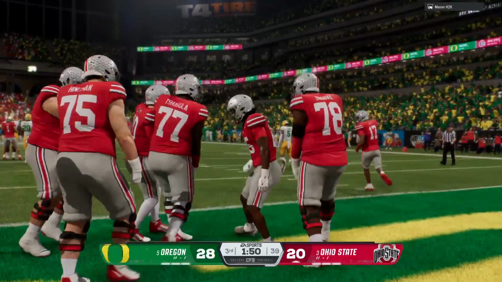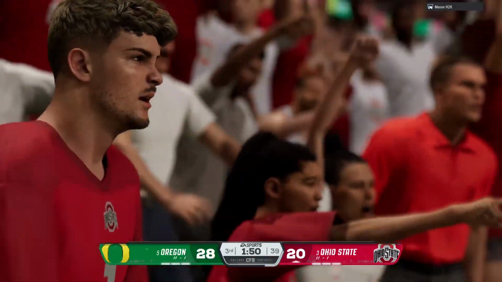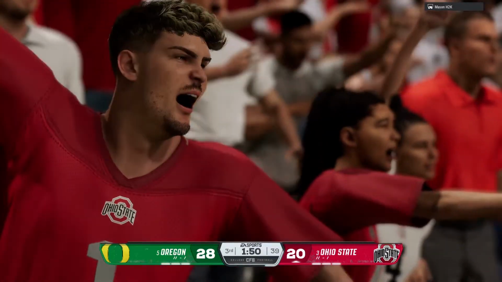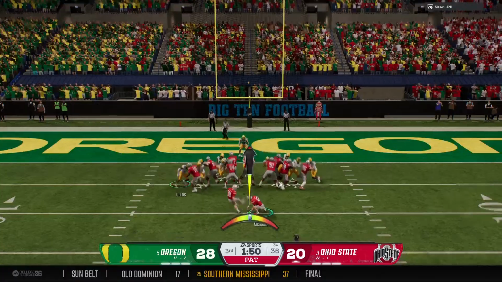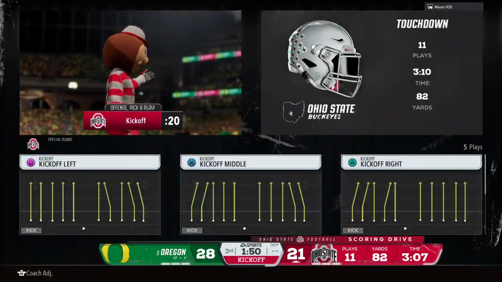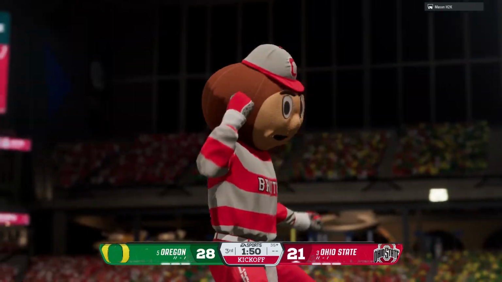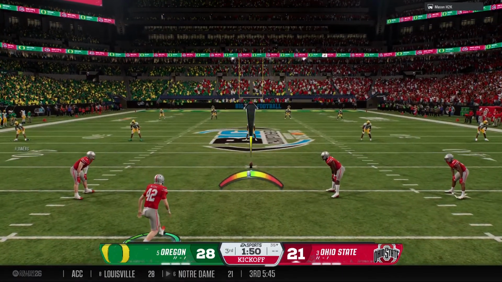Man, I can't think of a better stage than the conference championship to put together a drive like that. Moving the sticks, executing along the way, avoiding any turnover potential, and coming up with a touchdown. Great job. And the point after gets him within a touchdown, 28-21. Got momentum after scoring that touchdown. Now the kickoff team out there to kick it away.